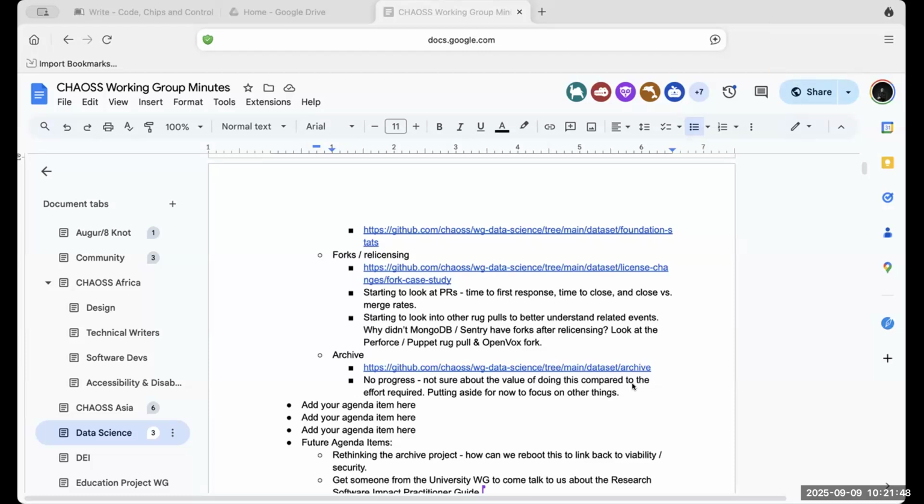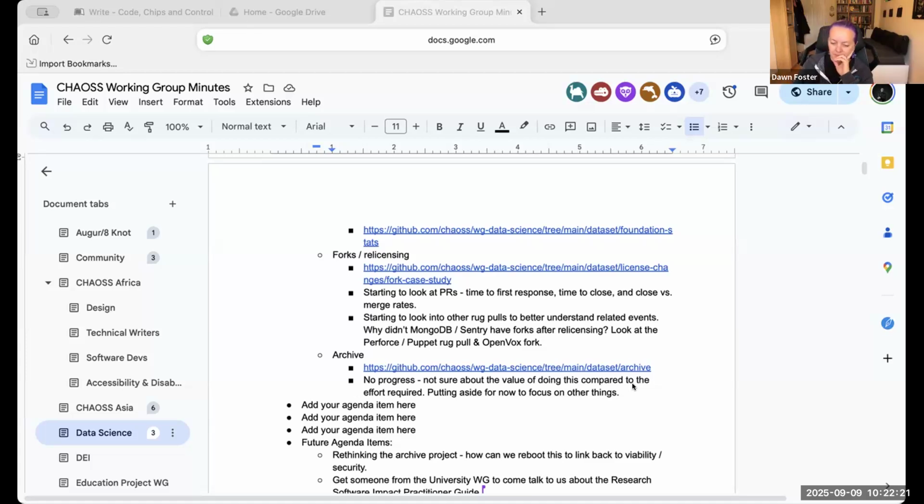Yeah, because even writing all of this out, it could be a year or two project, but I do think we get people that pop into this working group or into CHAOSS in general who are like, oh, what can I work on? And I think this is a good thing to have with a little bit of scaffolding. It's also something that I wouldn't be 100% surprised if within Red Hat we end up working on more, because I think this is going to become more and more important as the SBOM conversation continues.